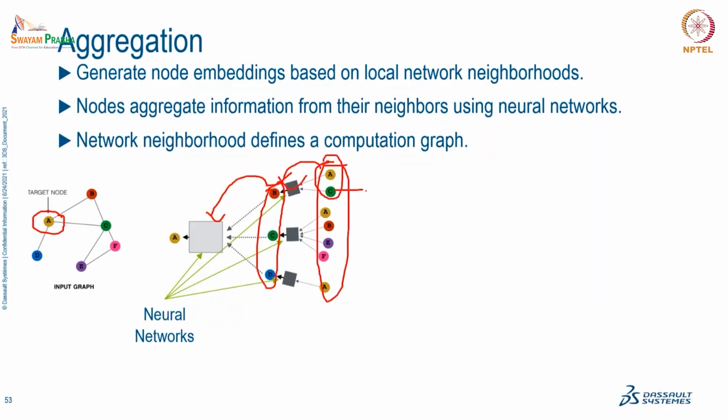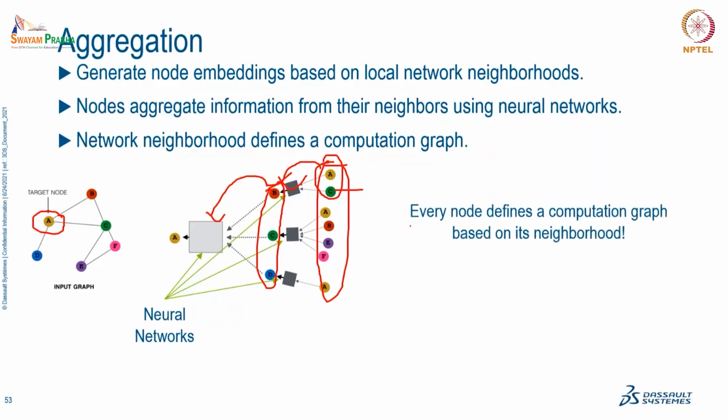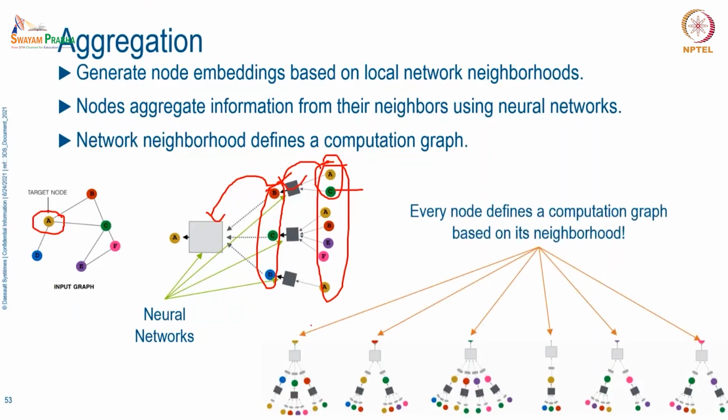In such a way, we are able to get the feature of even very far away nodes to the target node, and that helps generalize the embedding of the model very well. And these are basically the computation graphs. I will just show an